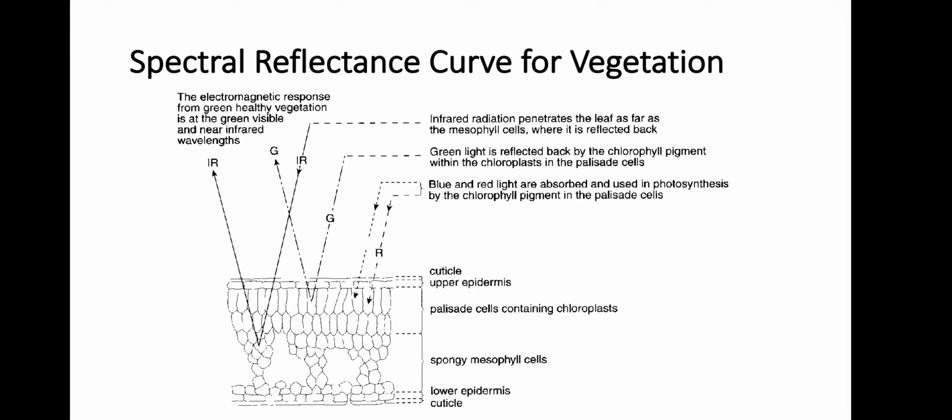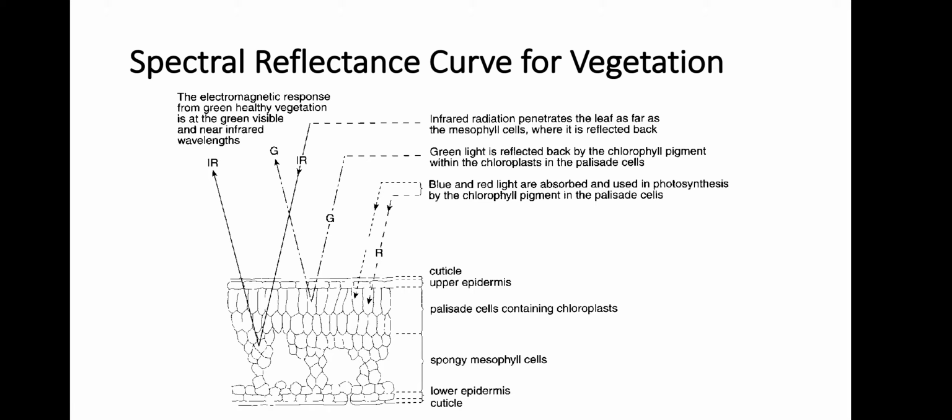The absorption greatly reduces and reflection increases in the red or infrared boundary near 0.7 micrometer. The reflectance is nearly constant from 0.7 to 1.3 micrometer and then decreases for longer wavelengths. Spectral response of vegetation depends on the structure of plant leaves. As shown in the figure, the cell structure of a green leaf and its interaction with the electromagnetic radiation. This figure is obtained from a book written by Gibson, published in 2000.